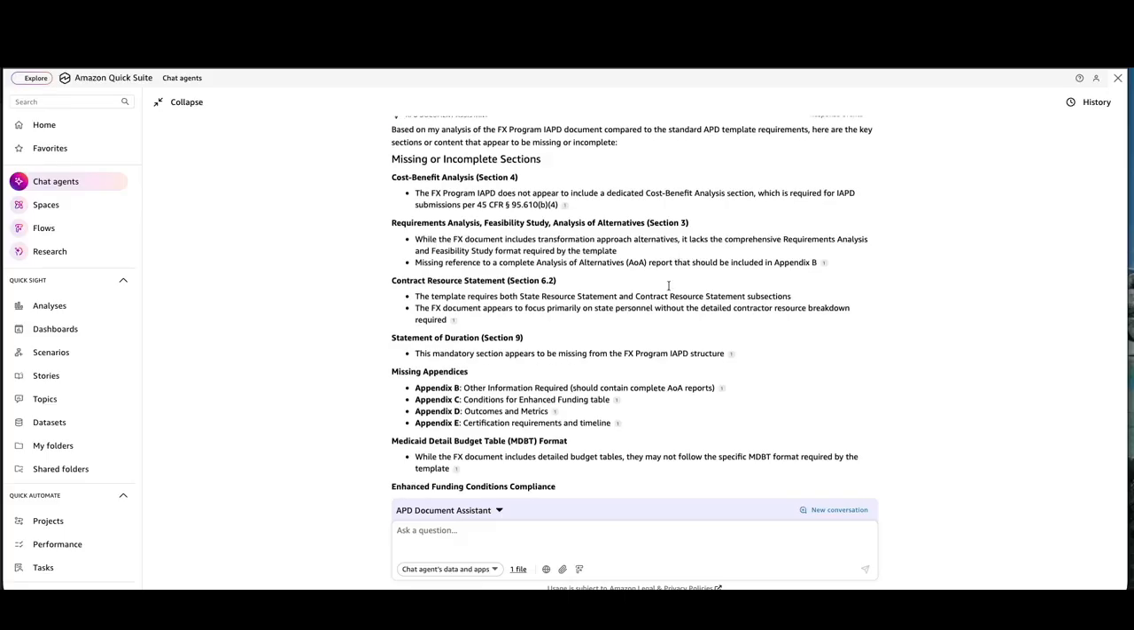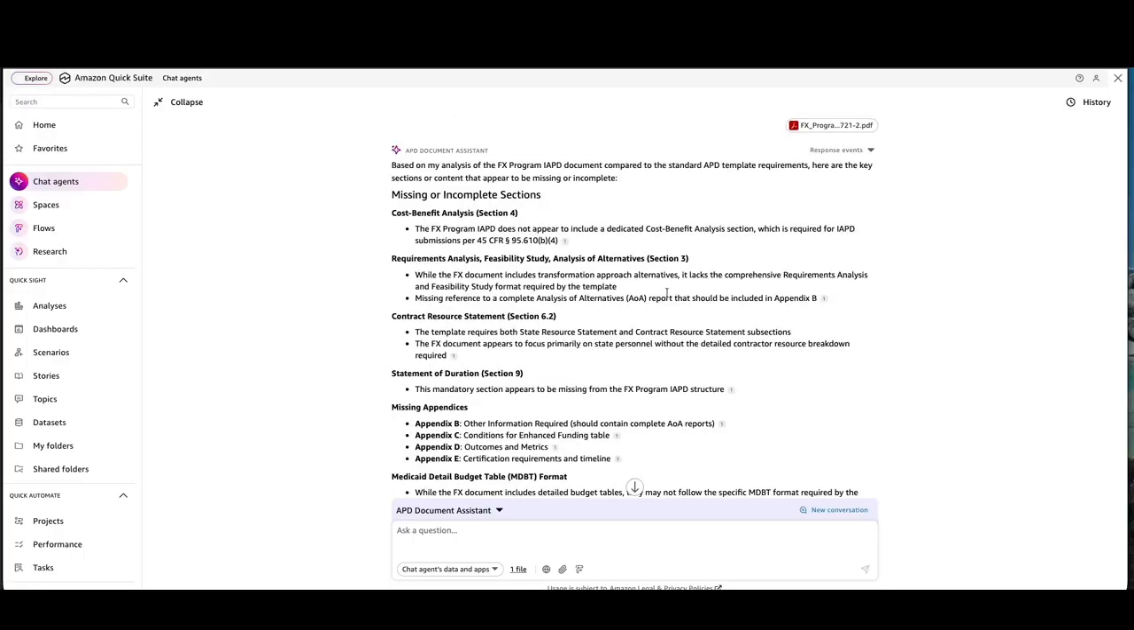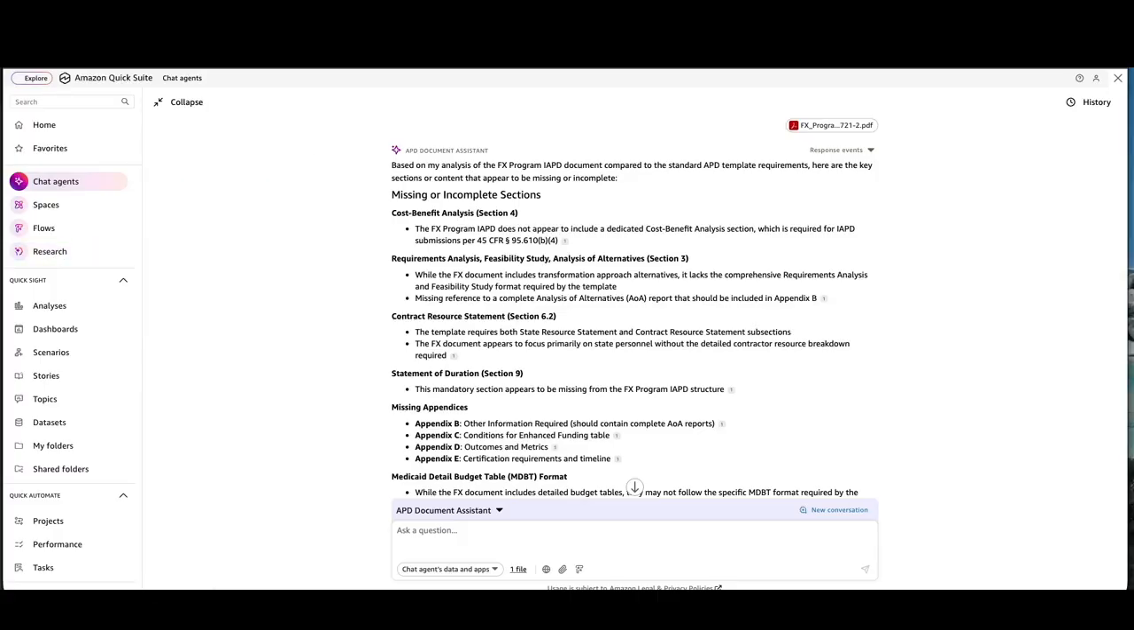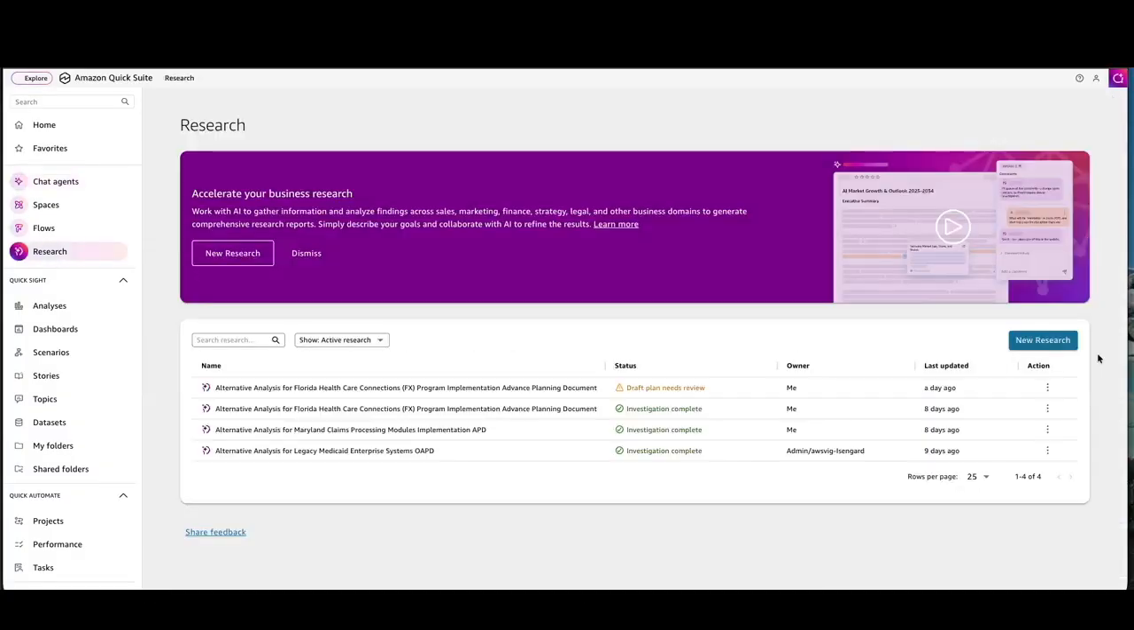Now, as an APD author, I can plan to start researching on the alternative analysis. And for this, there is an Amazon Quick Research agent available within QuickSuite that I can use to perform the research itself. So I'll go ahead and perform this research using the Quick Research agent, and we will see what happens